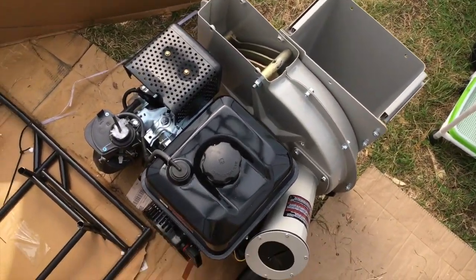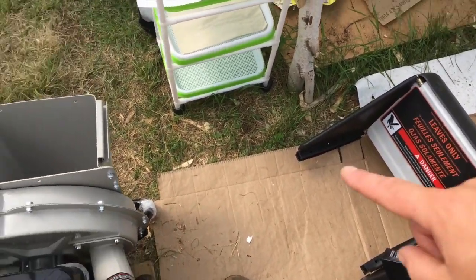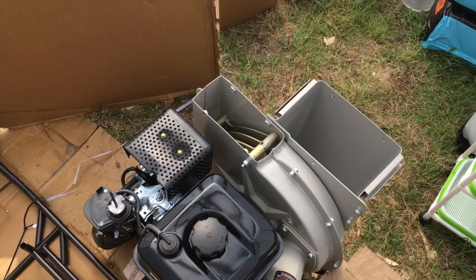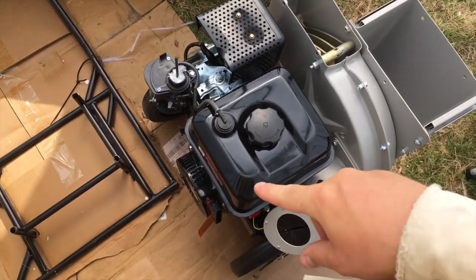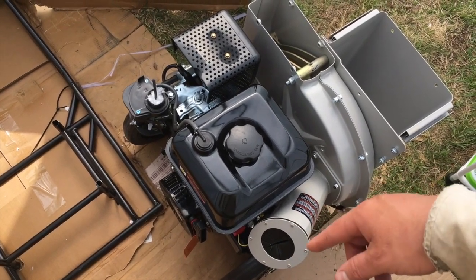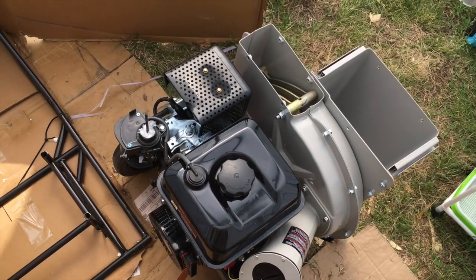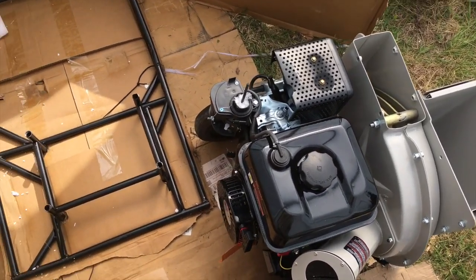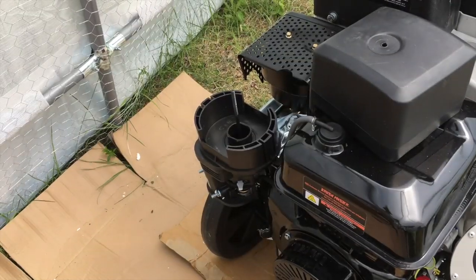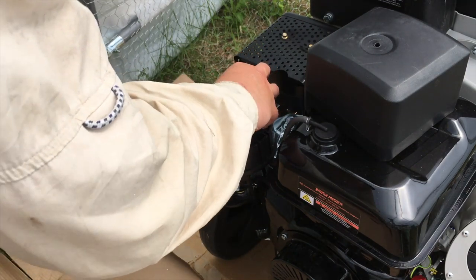So it looks like most of it's put together. We just got to put these parts on, the plastic feed chute for leaves. That's the chute for large sticks and branches, and then this is the chute for leaves to go in, and it shoots the leaves all out as mulch. So almost done. Alright, just about have this thing put together. Just putting on the air filter,